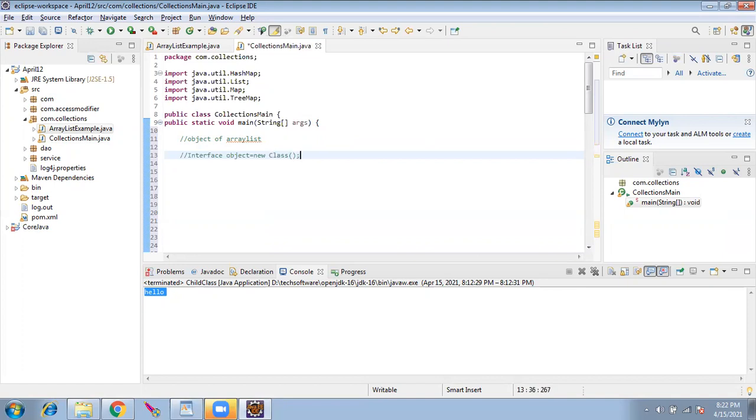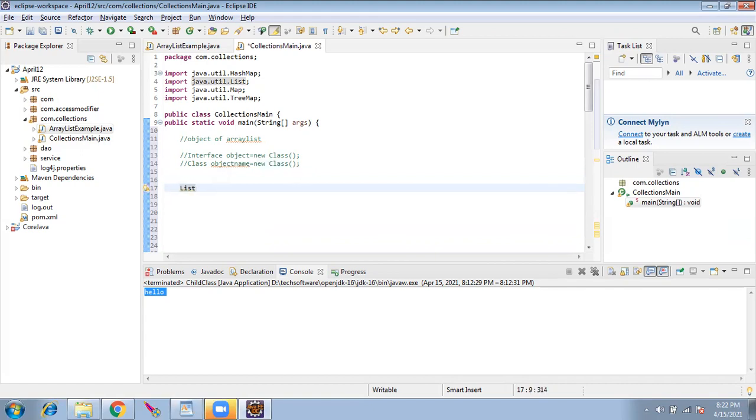Remember, from day one I am telling this. Interface, this is the structure. Or it should be class object name equal to new class. These are the two things you have to always remember in Java. This is how it will be 100%. There will be no deviation at all. So we are going to use the first case here.